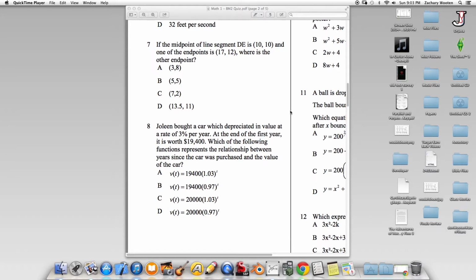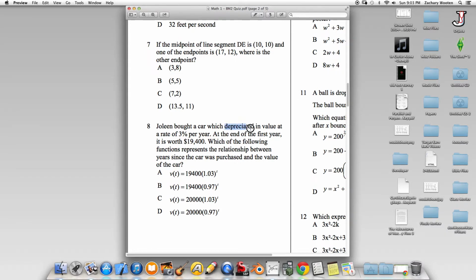Question number 8 says Jolene bought a car which depreciated in value at a rate of 3% per year. At the end of the first year, it is worth $19,400. Which of the following functions represents the relationship between the years since the car was purchased and the value of the car? Key word here, the very first sentence, says the car depreciated in value at a rate